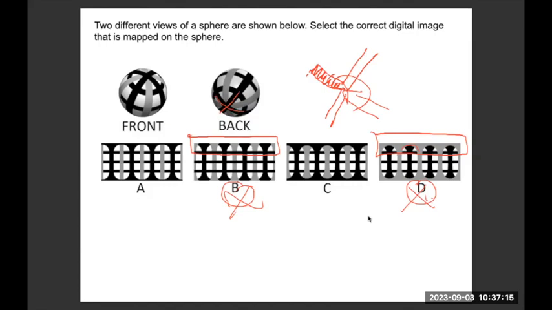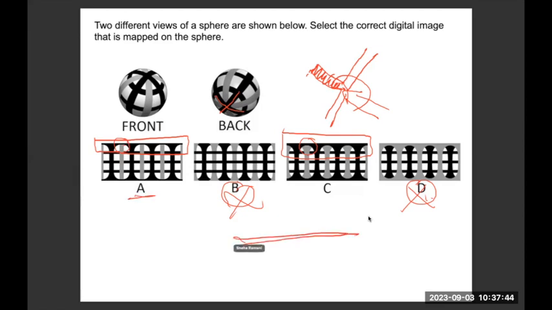Now, if I observe A and C, because they are my only left options, just erase this part. If I observe A and C together, there is just one distinction between A and C, which is how this end culminates. This part culminates. Otherwise, A and C are very similar. If A would be the condition, if A would be the case,